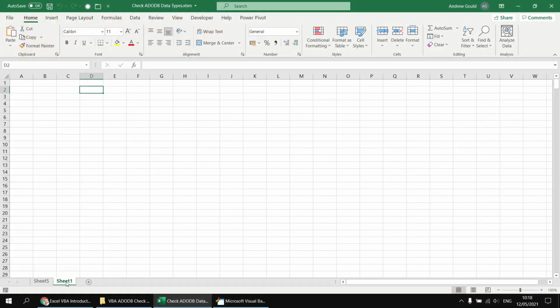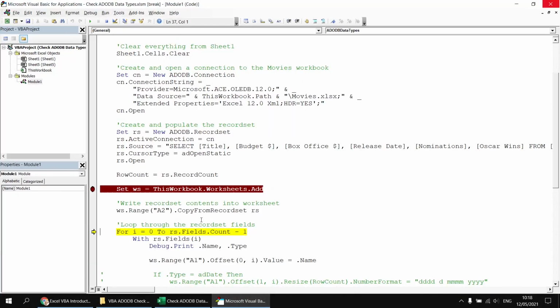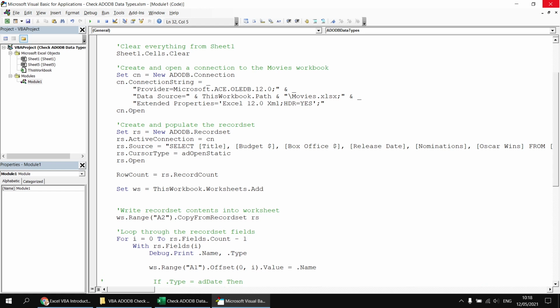So let's just head back to sheet 1 and then the Visual Basic Editor and stop running that subroutine. And then I'm going to remove my breakpoint. So I guess if we could insert a bit of code that delays the action of inserting the worksheet and then copying from the record set, that should be sufficient to make the date format be applied correctly to the correct sheet. So one very simple way that I've found works reasonably reliably is after inserting the worksheet, explicitly select